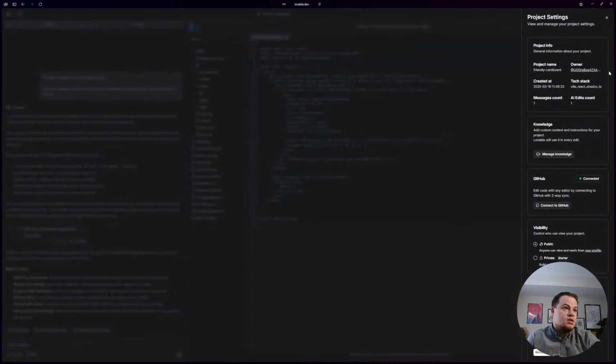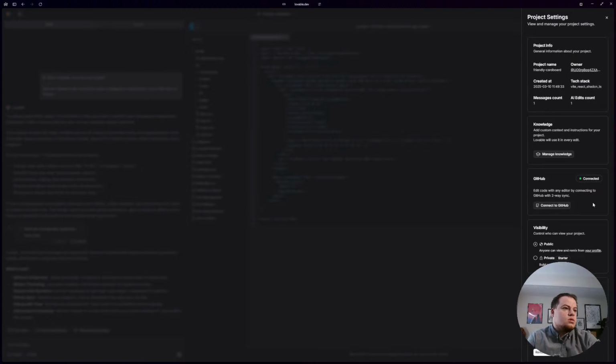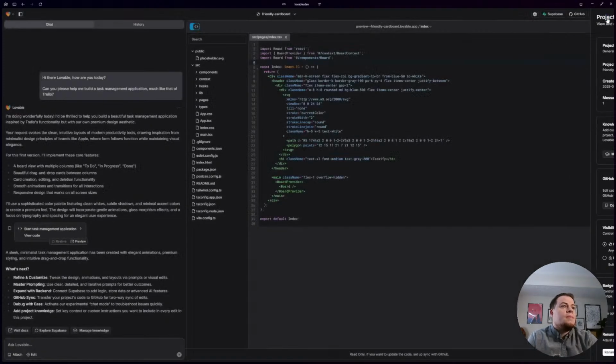And what do we have in project settings? Messages count, AI edits. I don't know exactly what the free thresholds are. Rename project, danger zone. Okay, so it is connected to Git. Doesn't show Supabase here, but